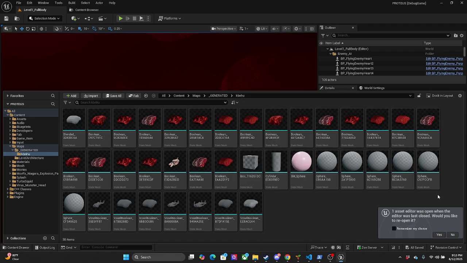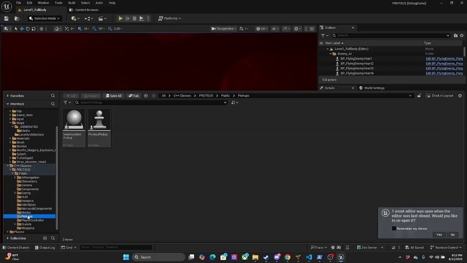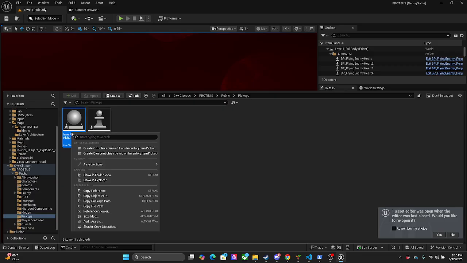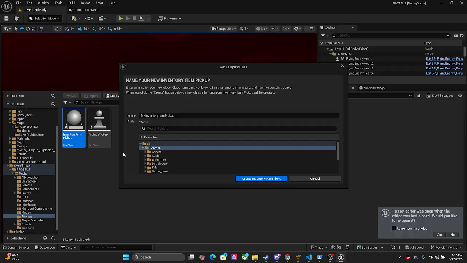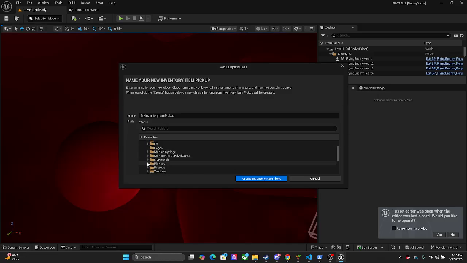We can go to our C++ classes, Proteus, public, pickups, and create a blueprint. Content, Pickups, White blood cell.